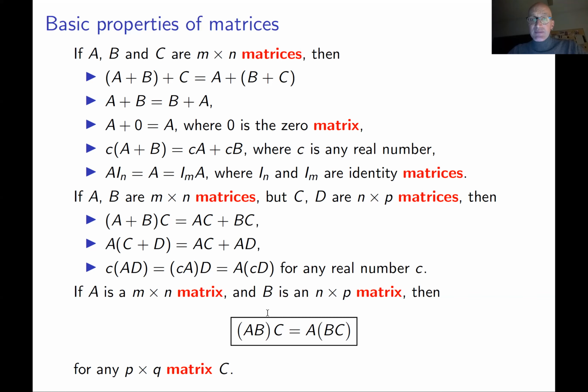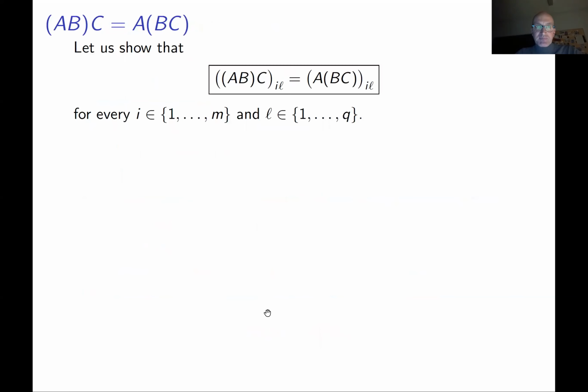Basically, this means that this multiplication of matrices is an associative operation. And this is very good. It basically means when you multiply matrices, we don't need to remember where to put brackets. The result is going to be the same, always. This is super handy. Okay. And probably among all properties listed on the slide, this one is the most complicated to prove. So let's briefly explain how to prove it on the next slide.